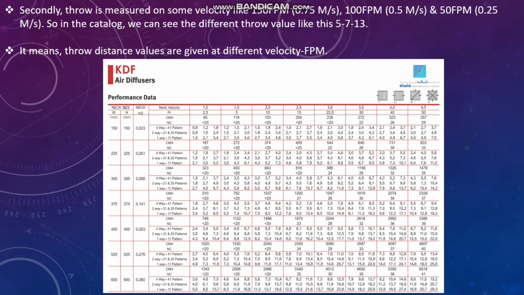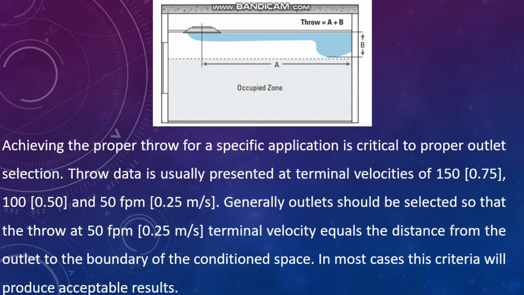So for example, if you see here a 4-way diffuser pattern, they have mentioned 0.9 meter, 1.2 meter and 1.8 meter. So these are the throw distances. So here what they are trying to say is, the throw distance is not from the diffuser to the bottom of the surface, because the diffuser doesn't care about the occupied zones. Here the main concept is that the throw distance we have to measure is equal to A plus B. A is from the center of the diffuser to the wall, and B is this zone